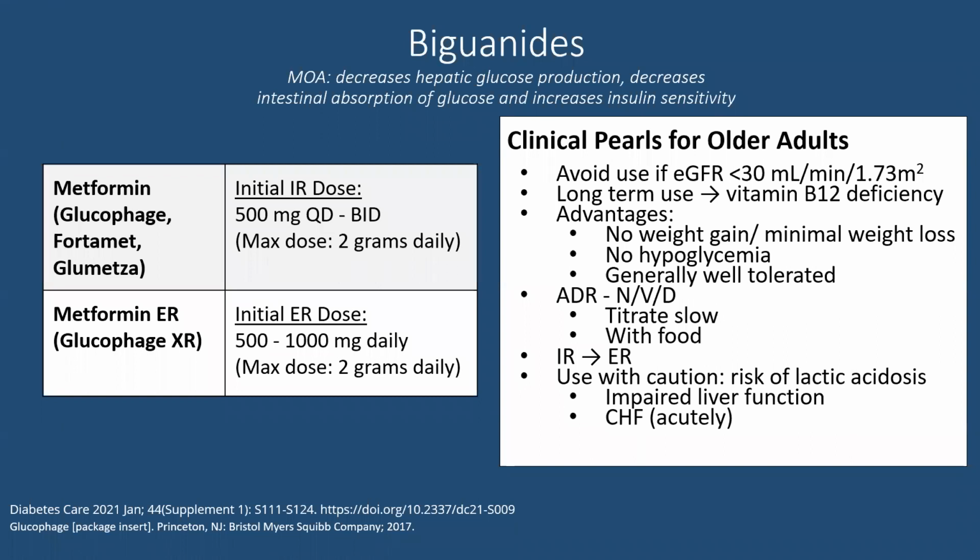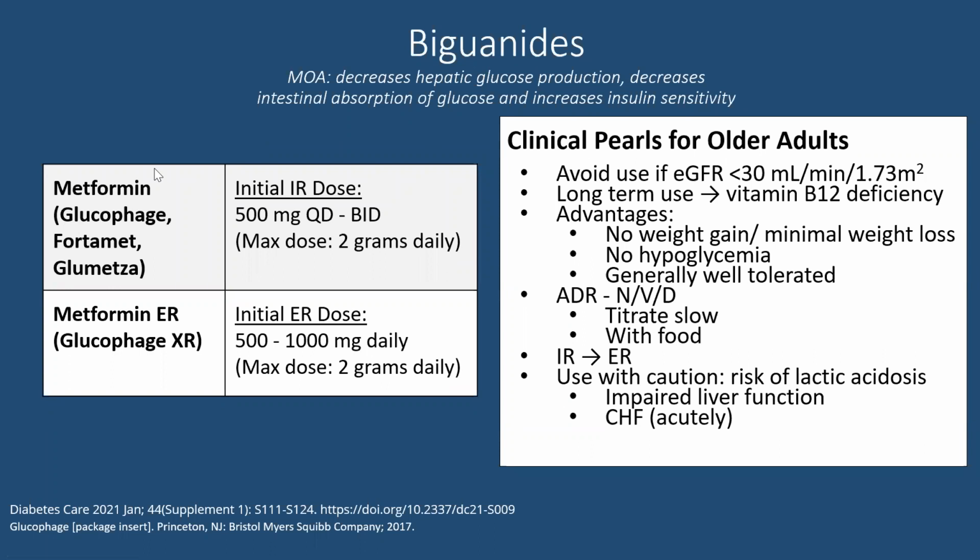So let's start with biguanides. This would be metformin. Metformin comes in two formulations: immediate release and extended release. Extended release metformin is really effective if somebody has diarrhea with regular metformin. A lot of times patients will complain of diarrhea, and it may be that they just don't tolerate the drug at all. Then you have to start extended release on a trial basis. But it could be because the initial dose of metformin was too high.